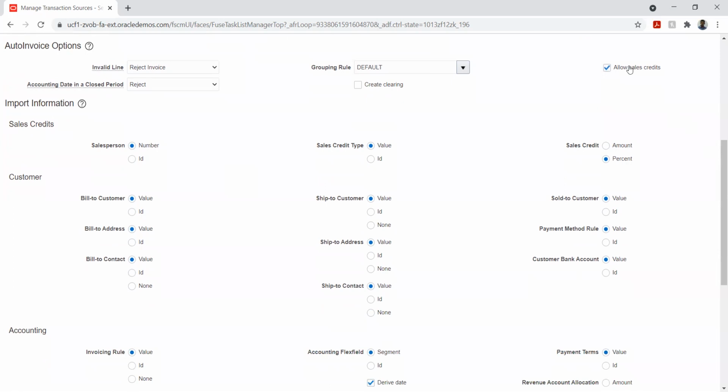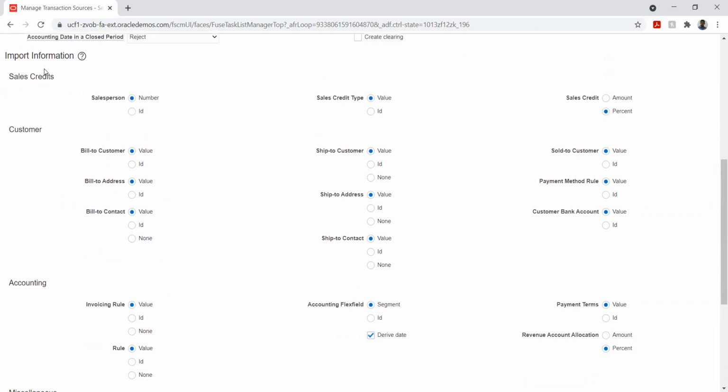And then sales credit is related to collection and these things, so I'm just leaving it as it is. Then we have import information, where it is always suggested to give the ID, because values might be duplicated. Let's say type, I can create multiple.